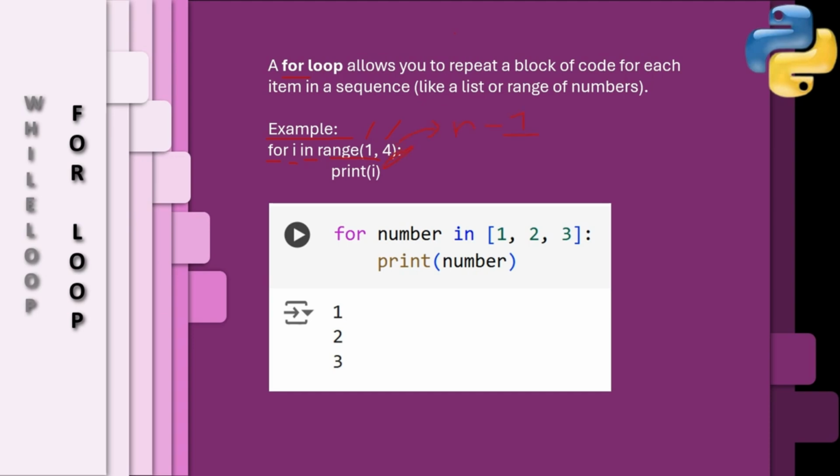As for this example also, as we need to print from 1 to 3, we give the ending range to be 4 so that it can print from 1 to 3. In the next line, we indent this code. The execution for this code will be as follows. First, the loop starts with the first number in the range, in this case 1, prints this number and goes for another iteration. On each iteration, the variable is set to the next number in the range, that is 2 for